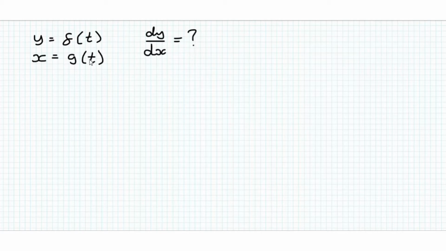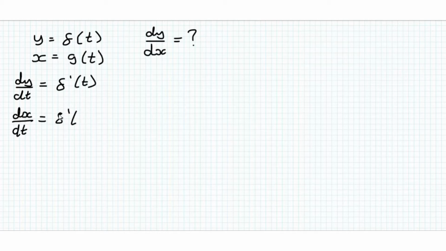Because when we've got y as a function of x, we know what we have to do, which is differentiate with respect to x. But here, what's the trick? Well, we've got y as a function of t, so we actually take dy by dt, and that's equal to just f dash of t. And we'll have a look at some functions in a second. So we can do that pretty easily, and we can take dx by dt in the same way. Sorry, this is supposed to be g,